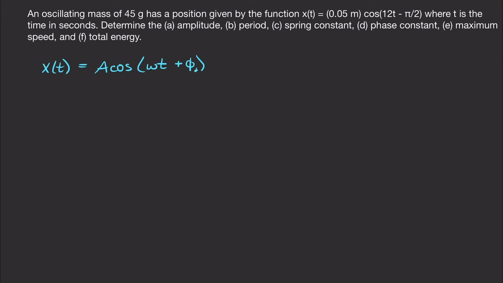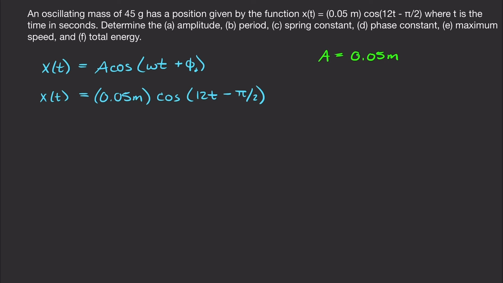Now, all we need to do is compare this formula with our formula for the position of an oscillating mass: 0.05 meters times cosine of 12t minus pi over 2. So just by direct comparison, the number in front of the cosine is our amplitude. So A is equal to